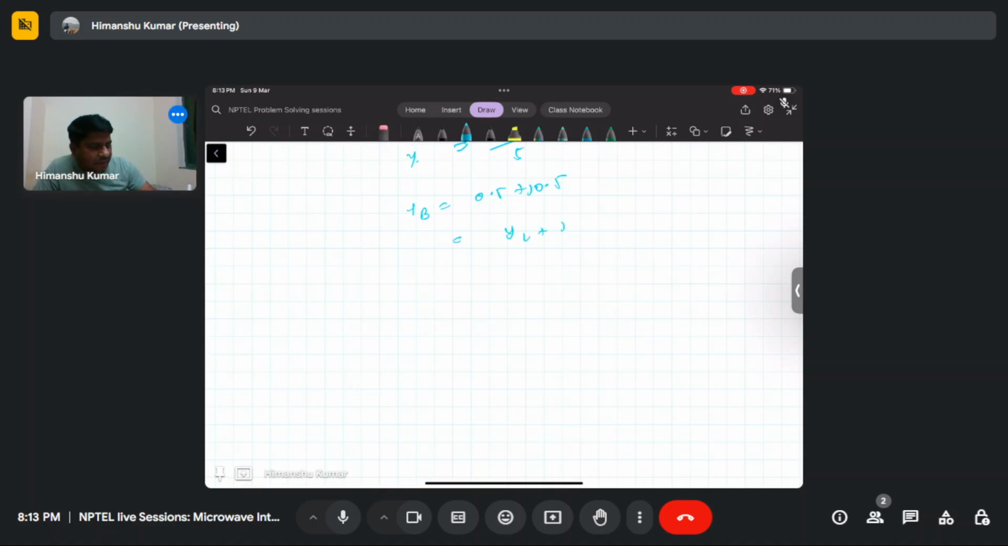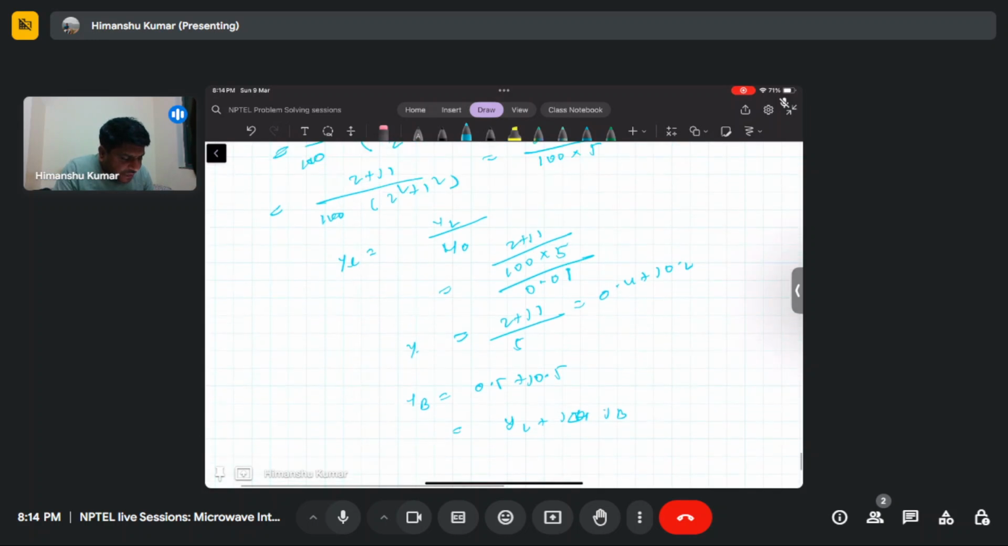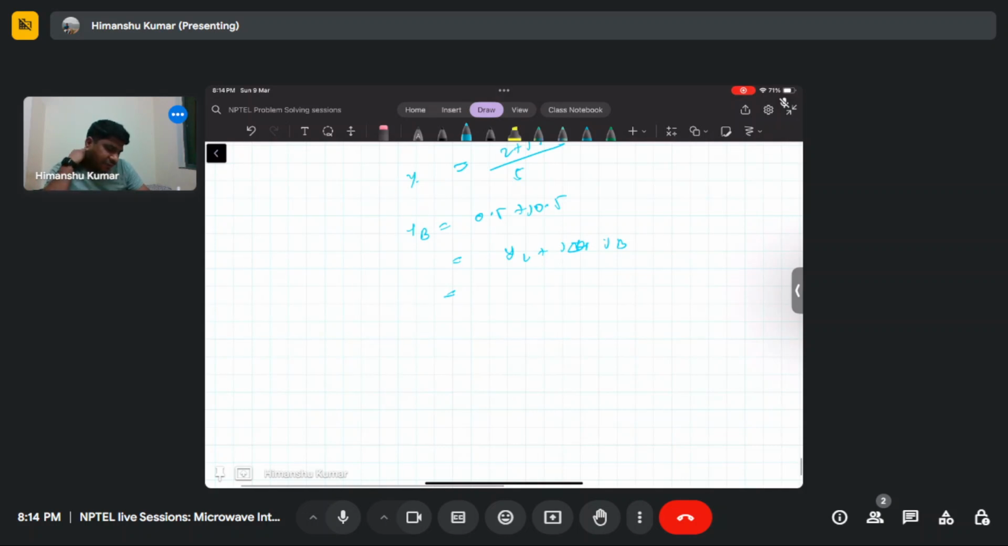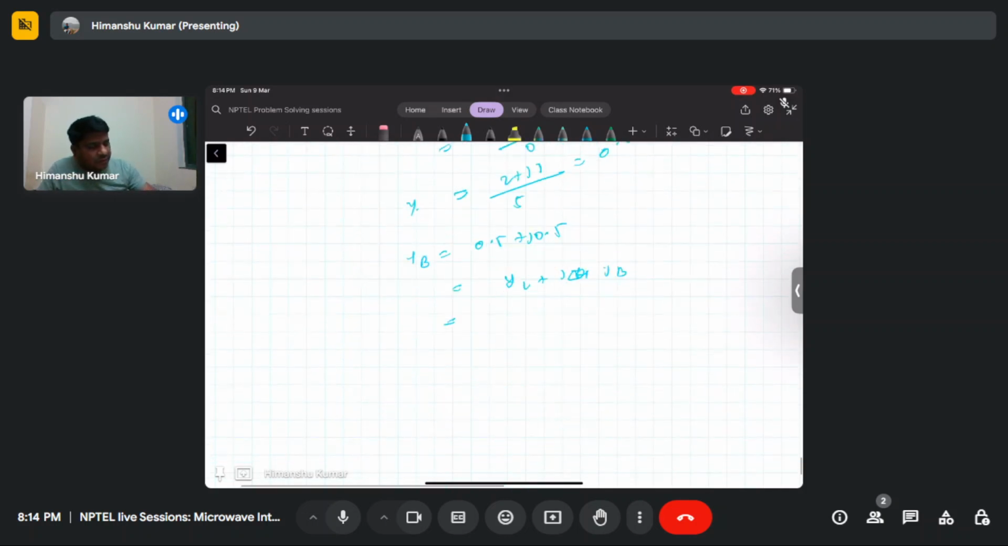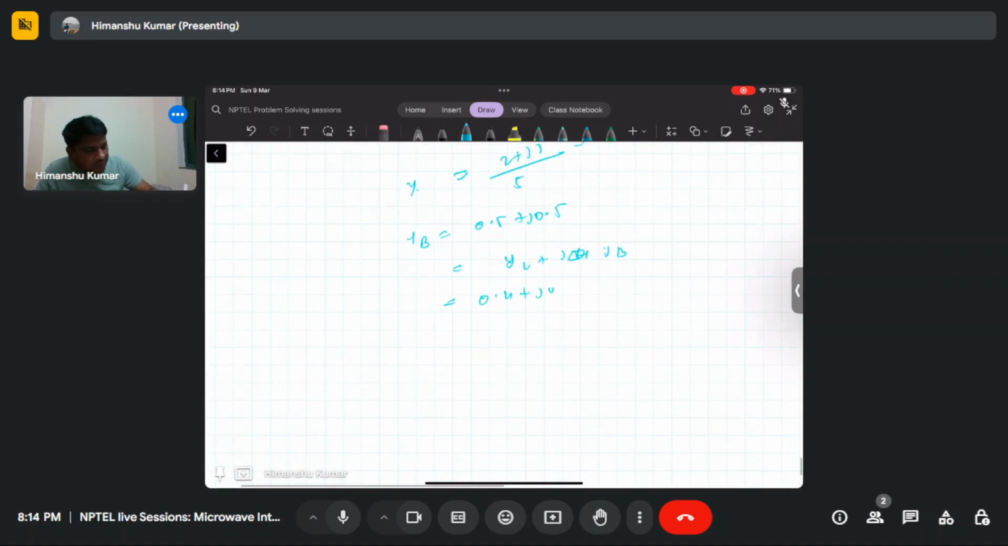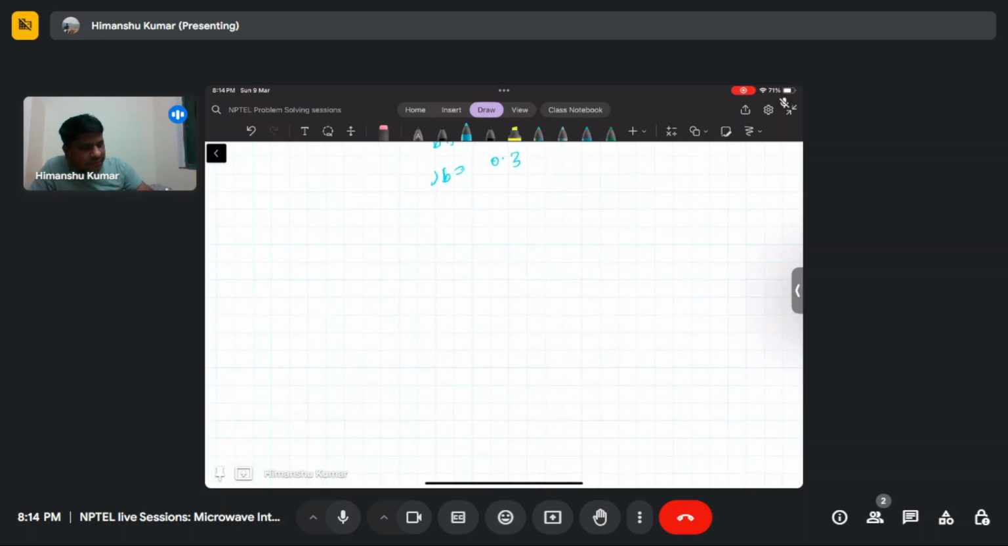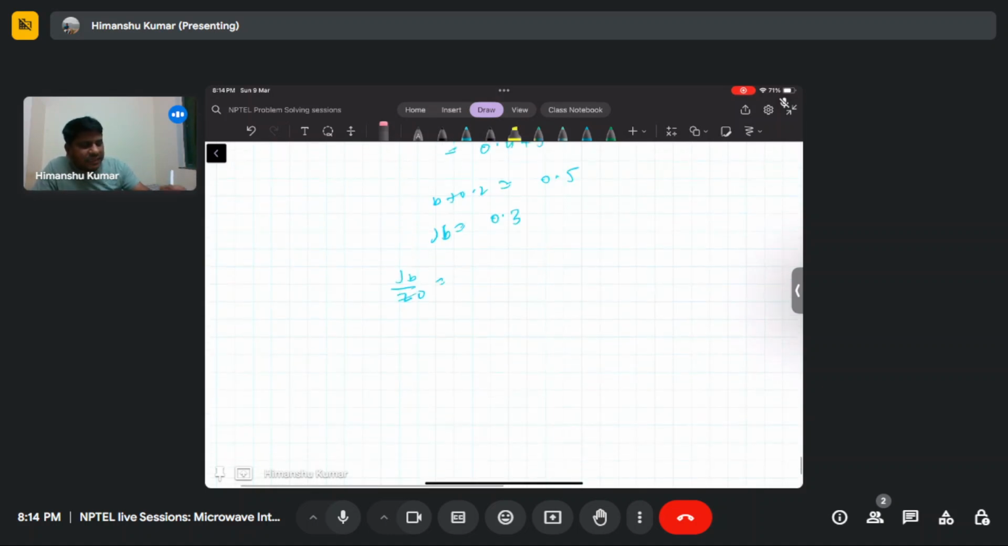yl plus j times yb, so plus j times b. We know yl is basically equal to 0.4 plus j times 0.2 plus j times b. So j times b plus 0.2 equals 0.5, and j times b will be equal to 0.3. So that basically, j times b by z naught will be equal to